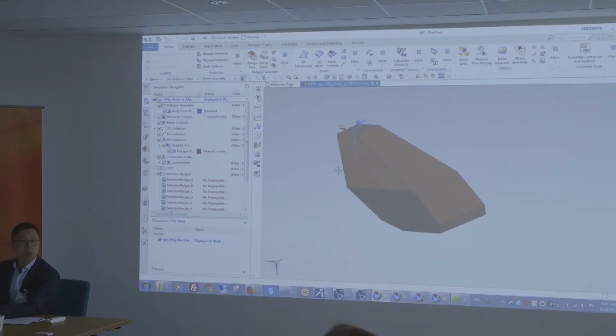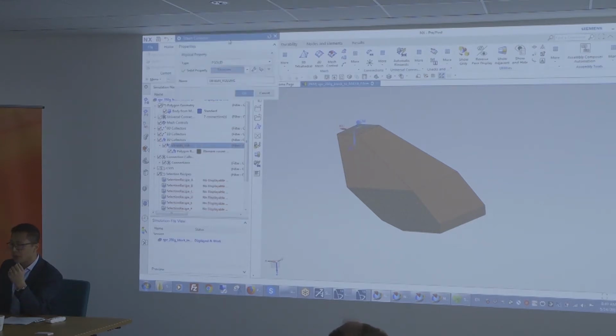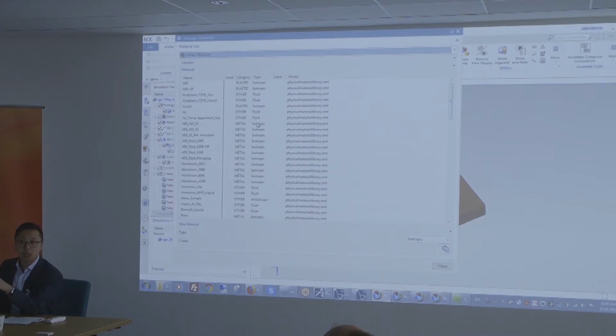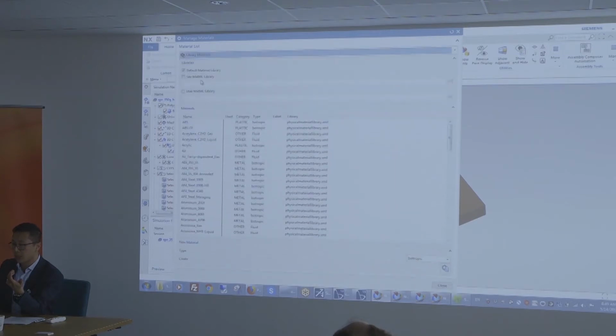So from a topology optimization standpoint, what do I need to define? I need to define material. Material is defined here as titanium, but we also have a full library of materials already available in the software. You can also leverage or point to a library that's used within the company. So you can use what we call a site library or a user material library, where you can import materials and just leverage them across the different simulations.